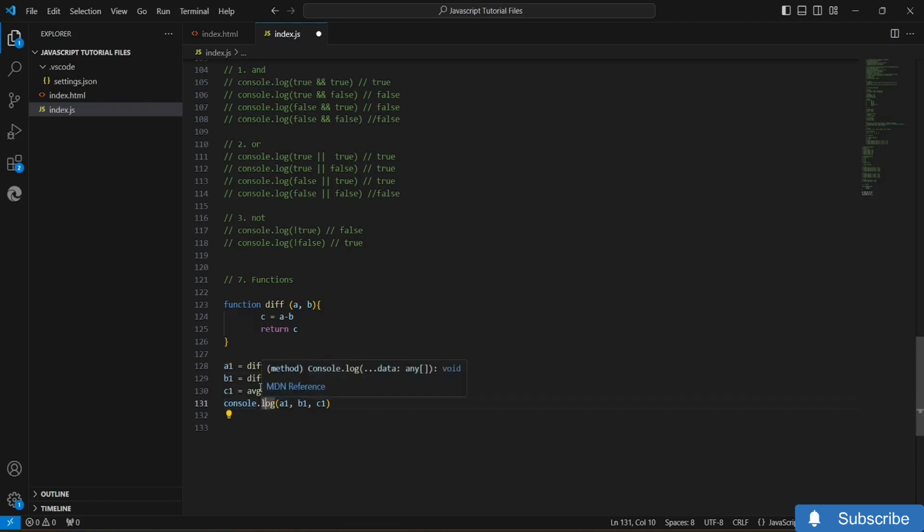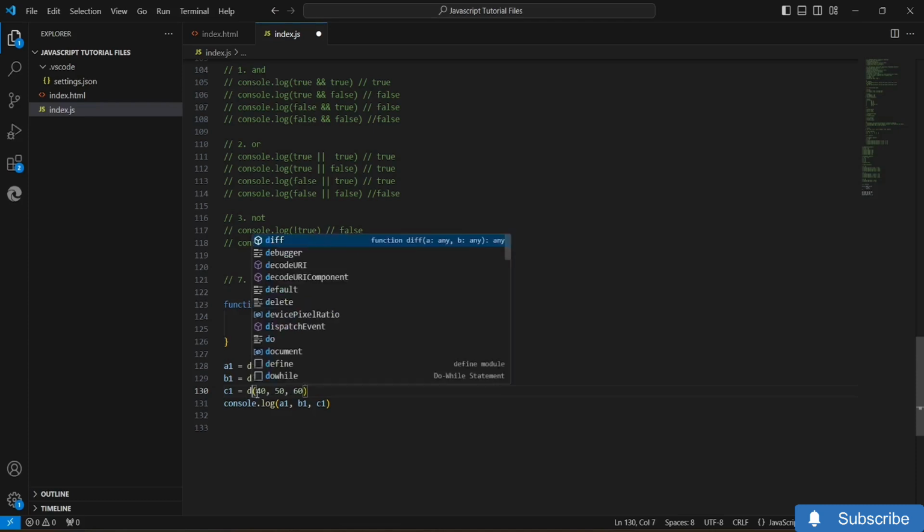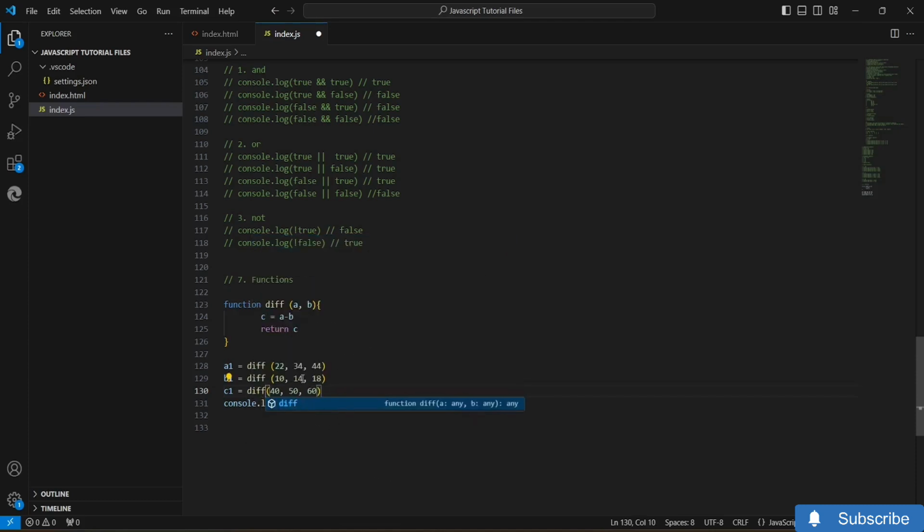Let's come over here and let's change it to diff. And let me just delete all these particular values which I have. Okay, so I will just delete this value. Let's come here and let me just put 18